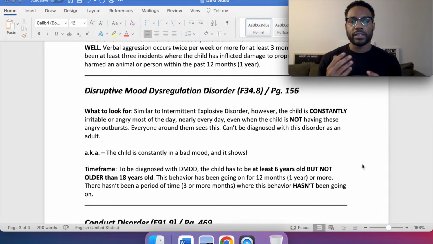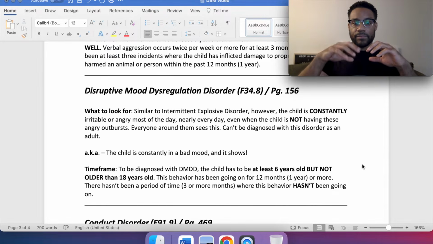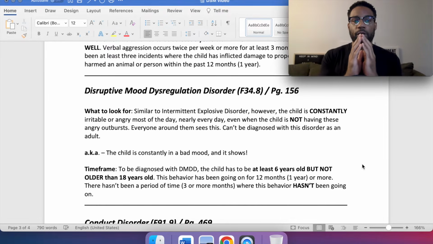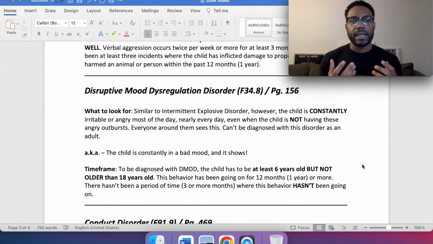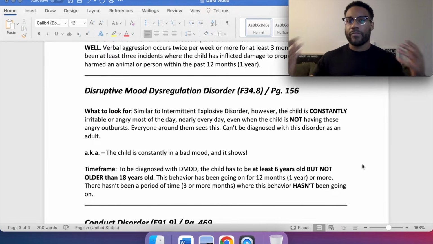Disruptive mood dysregulation disorder. Reading it backwards, there's an issue, disorder. There's an issue in the context of their mood, their personality, right? With dysregulation, so regulating their mood, it's disruptive, right? And if a child is constantly in a bad mood, constantly irritable, outside of when they're having their temper tantrums and everything,